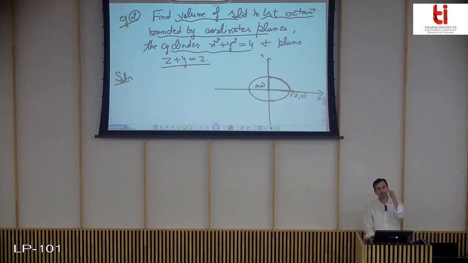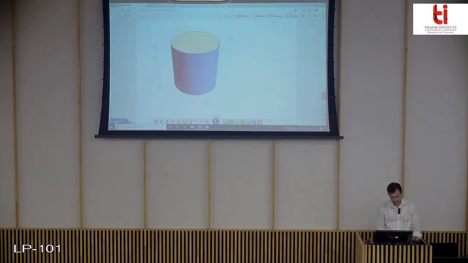Now the upper side you are left with, because on the two sides you have planes, on the other side you have a cylinder. You have planes like this one, and then you have a cylinder like this one coming like this. This is a plane, this is a cylinder, and from above, what is covering it? Plane z plus y is equal to 3. That is z equals 3 minus y, the surface or the plane that is covering it from the top, and this surface is somewhat like this one.